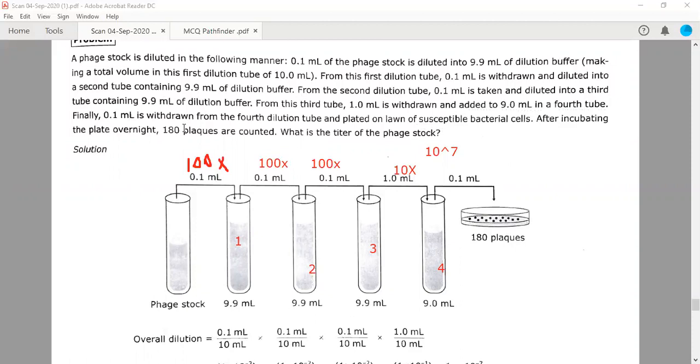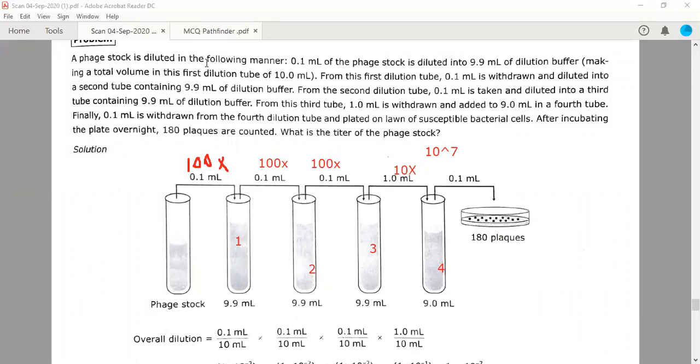Now what will you do? As I told you, you need to do nothing. You only need to keep these dilution factors in your mind, and you are taking 0.1 ml here. So this also you need to keep in your mind, because in the last problem, as I showed you, you were taking 1 ml, not 0.1 ml out of this tube, adding over your culture. So this will also change your results, right? So keep this in mind, and you are getting 180 plaques. So what will you do to get the number of viruses or phages in this tube? You need to multiply this 180 with 10 to the power 7, right?